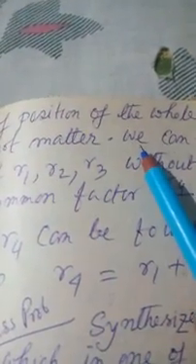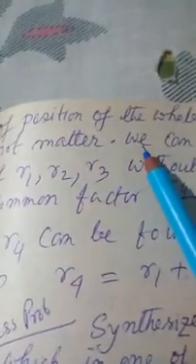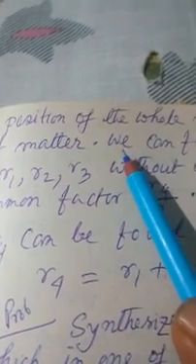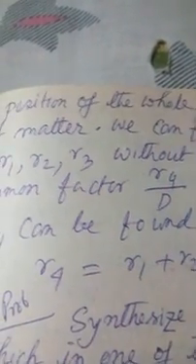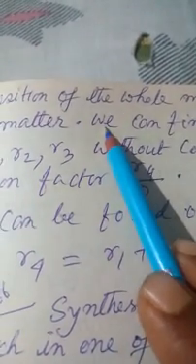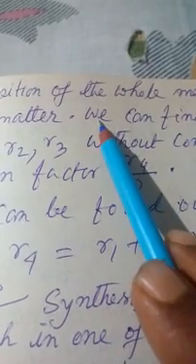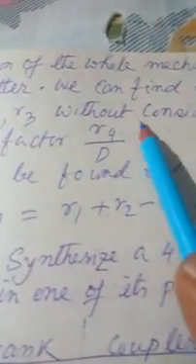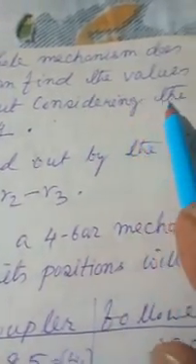The last portion of the Bloch synthesis. For the previous video, function generator, that we will do numericals on function generator. This portion is left. We can find the values of R1, R2, R3 without considering the